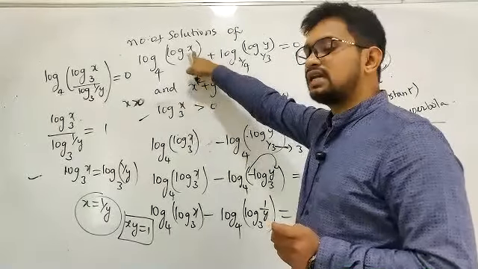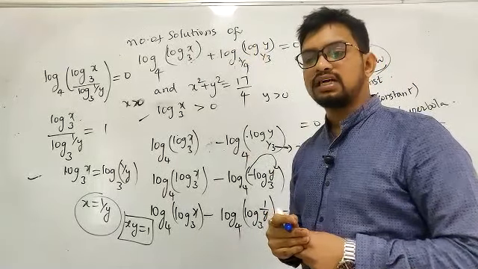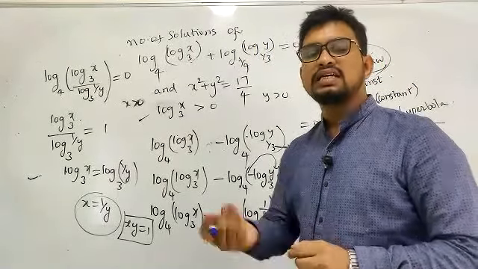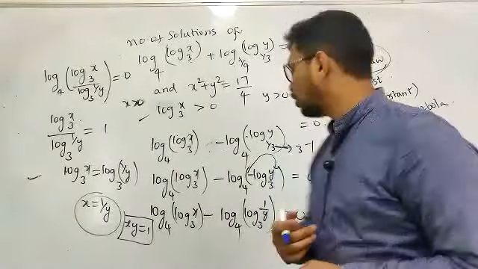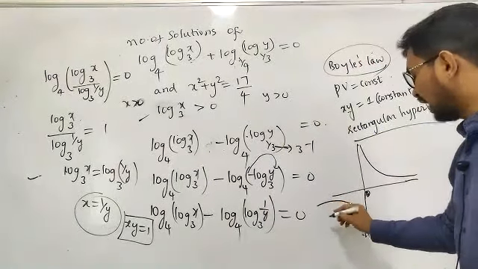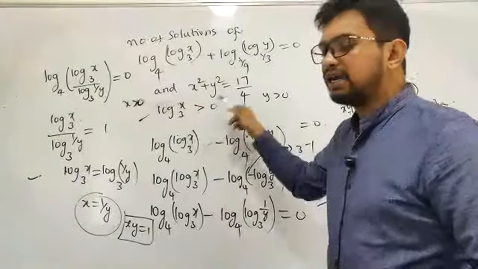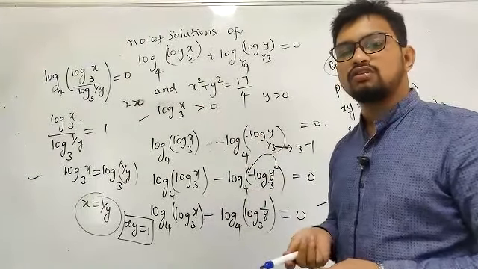The first condition you're getting here is x is greater than 0 and y is greater than 0. So for this part of the graph, whenever I'm taking x greater than 0 and y greater than 0, try to get the remaining condition also.